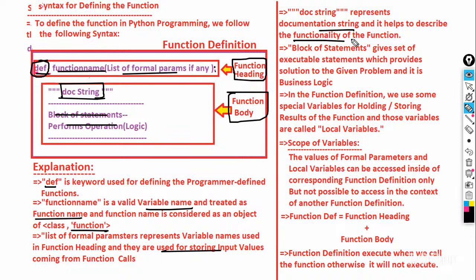For better understanding, the best practice is always to describe our docstring inside the function. And finally, we'll have the block of statements and they get executed. These are the executable statements which provide the solution for the given problem. Simple,